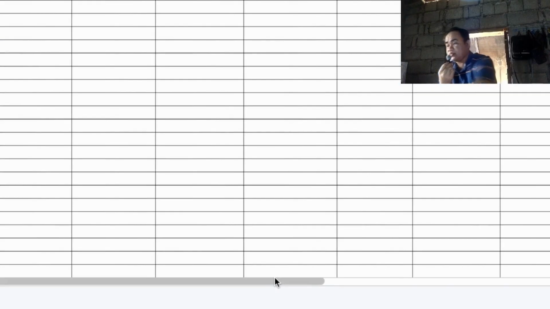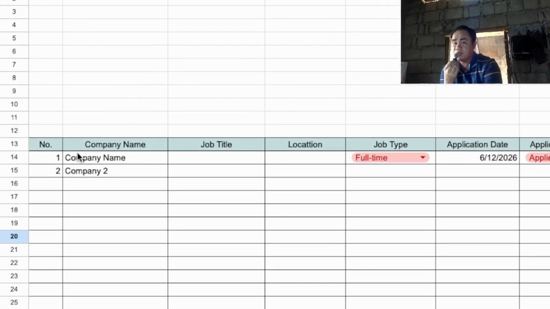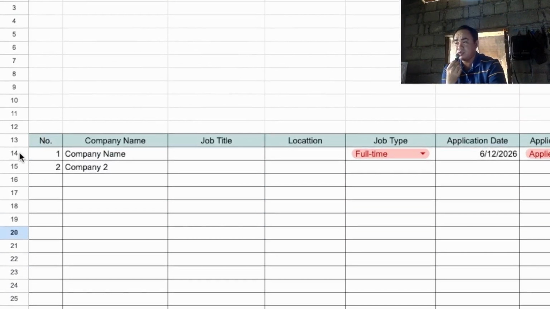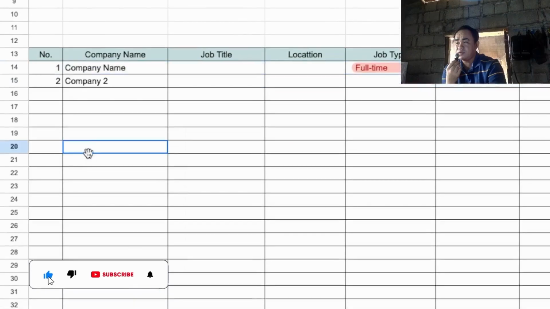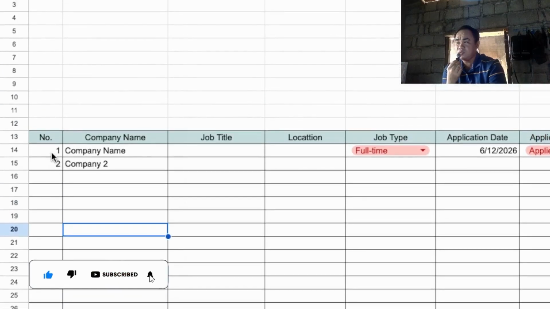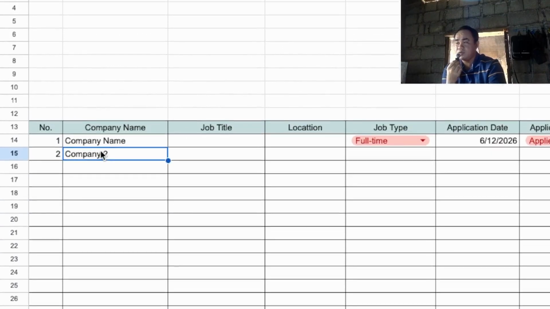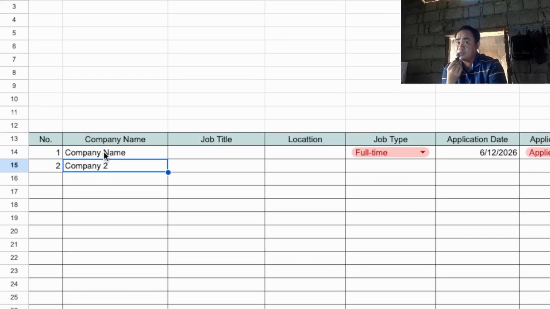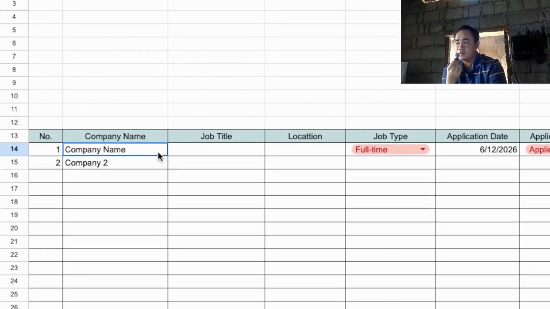Okay, next is we're going to apply all the formatting we have done here on our first row, which is the A14, this one. So we have to apply this color. Sorry, we exclude this number because it has formula. Okay, so we start by copying the formatting that we did on this first row.